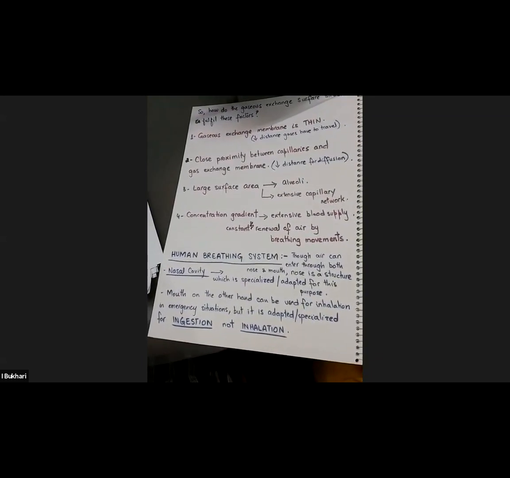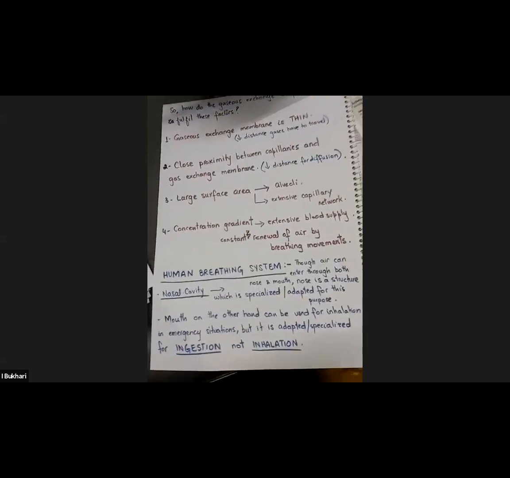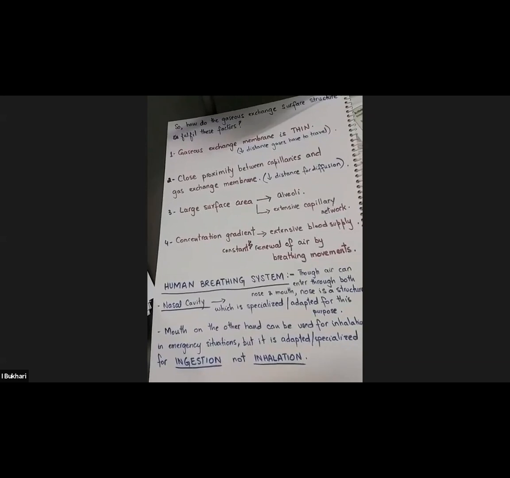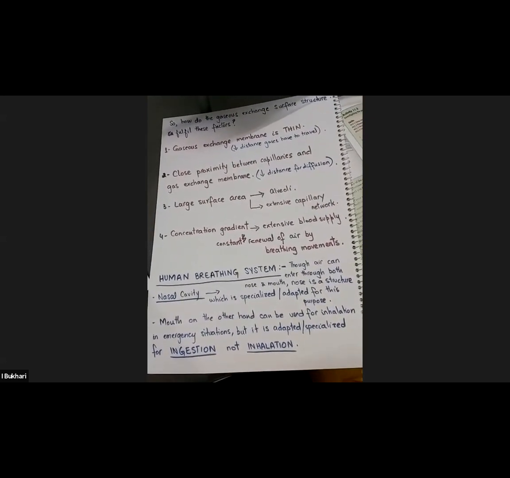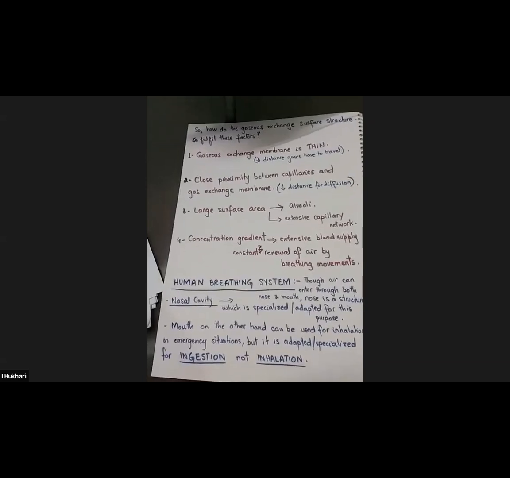So now let's start with the respiratory system. The whole thing is called the respiratory system. It starts with the nose, with the nasal cavity. Well, you can take in air even through your mouth in cases of emergency, if your nose is blocked, if your nose is not working for some reason. You can use your mouth, but the mouth is not specialized or adapted for this function. The mouth is adapted for,